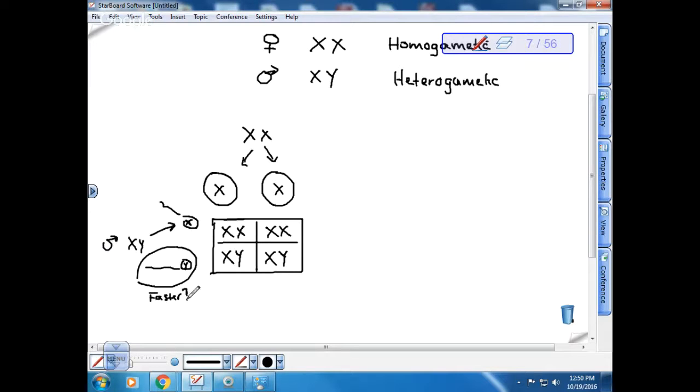So because it has less genetic material, the X chromosome is much larger. If we looked at an example, this is the X chromosome, and this would be the Y chromosome. So this is an X and a Y, and the Y chromosome is much smaller. Perhaps that would make this sperm a little bit faster, so that we might have more boys